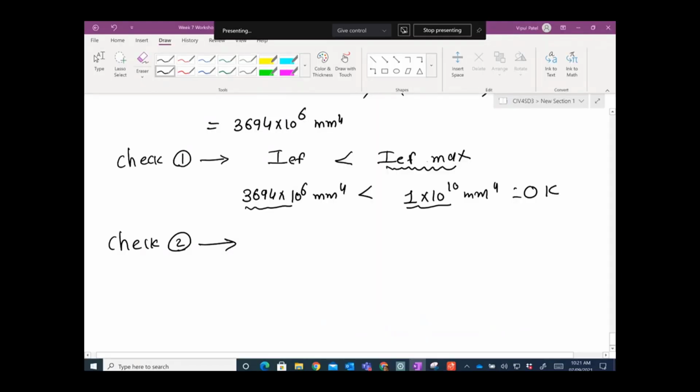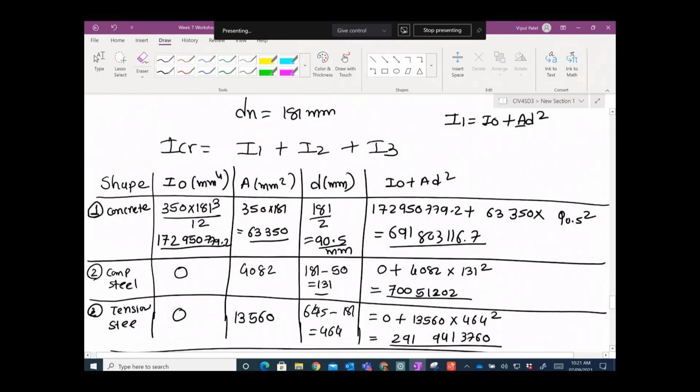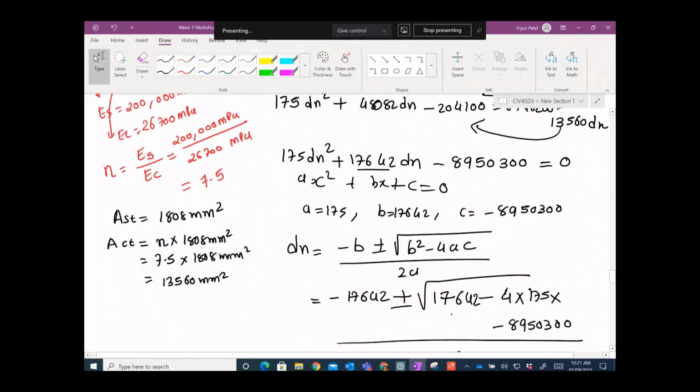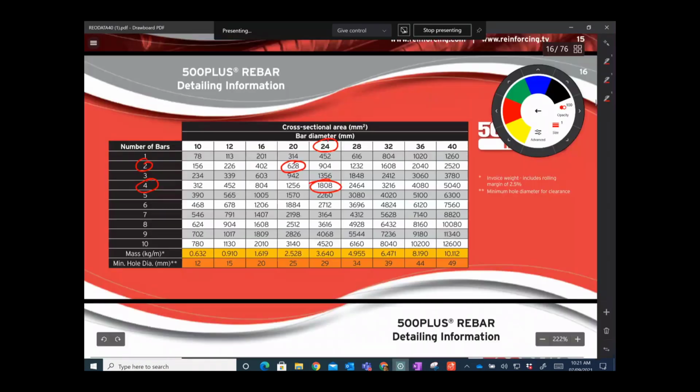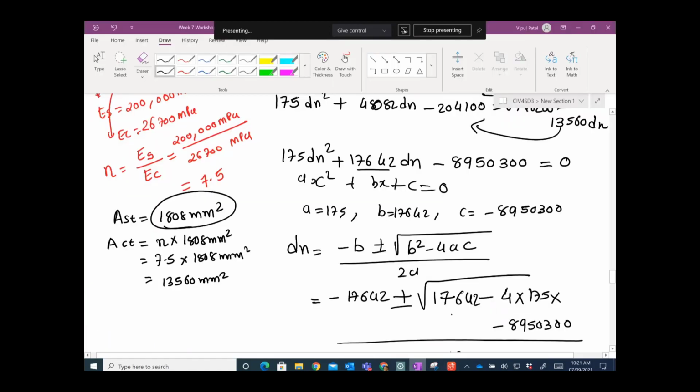P equals AST over BD. Your AST would be 1808 millimeter square. If you remember, we calculated AST as 1808 millimeter square. I can show it to you again: 1808 millimeter square, because in the tension zone you have 4 of 24 bars. So for that 1808,